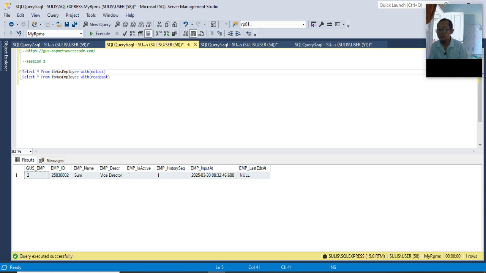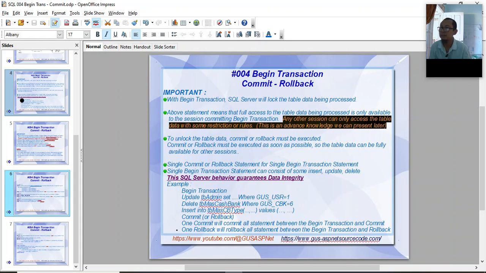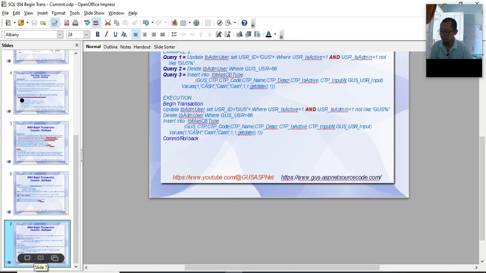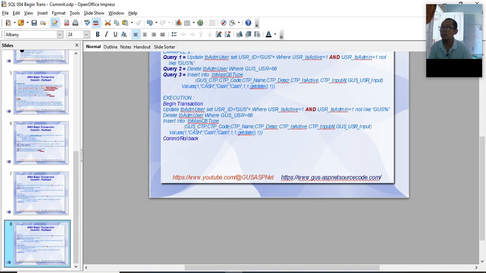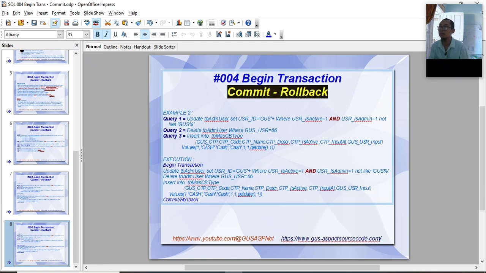Okay. Let's add our documentation. With no lock.